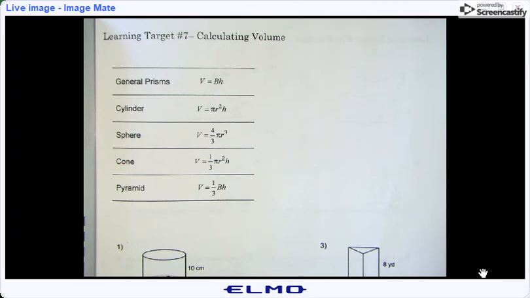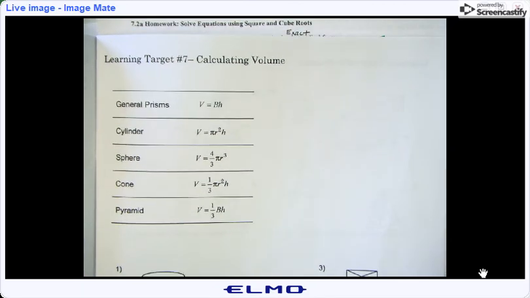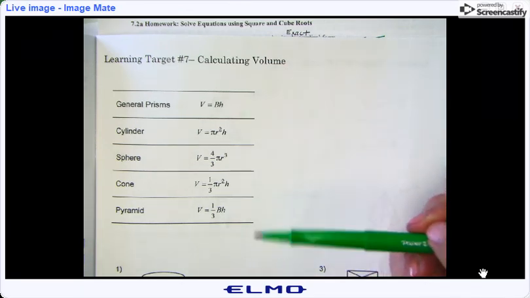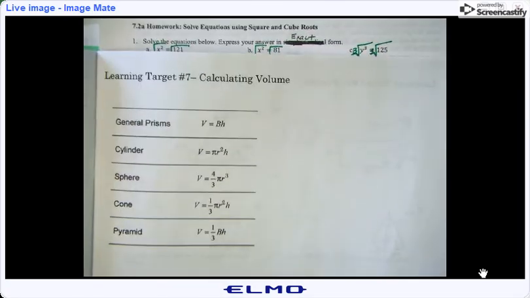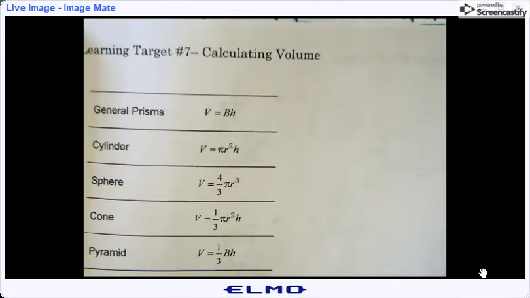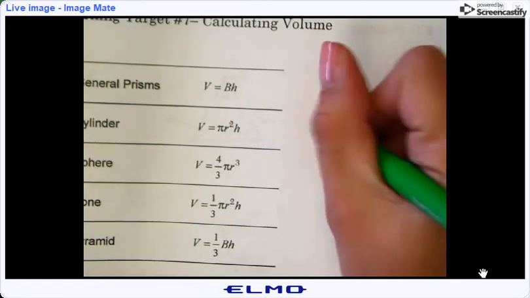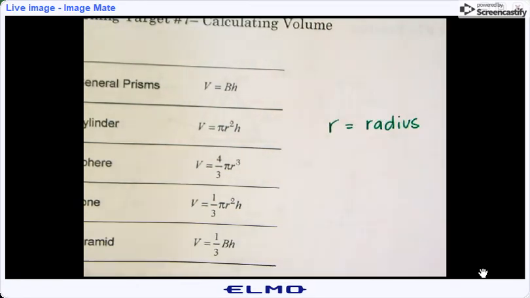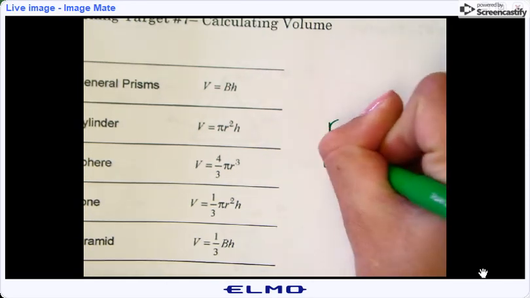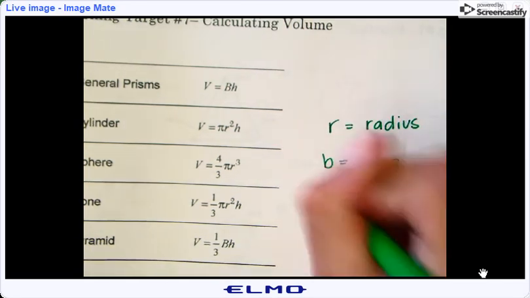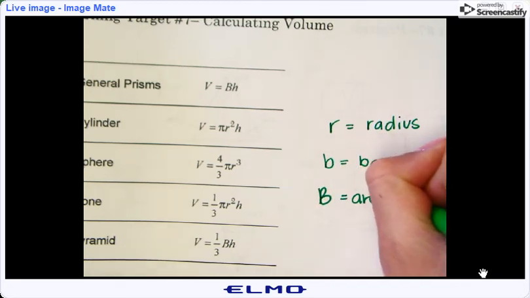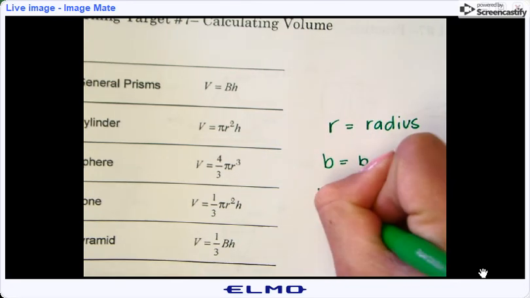volume. Okay, so on any test that you'll have in this year, you'll have a reference sheet, and these formulas can all be found in the reference sheet. There's just a couple things we have to talk about. So anytime you see R, that means radius. Okay. Anytime you see B, that means the base. But anytime you see a big B, that means the area of the bottom